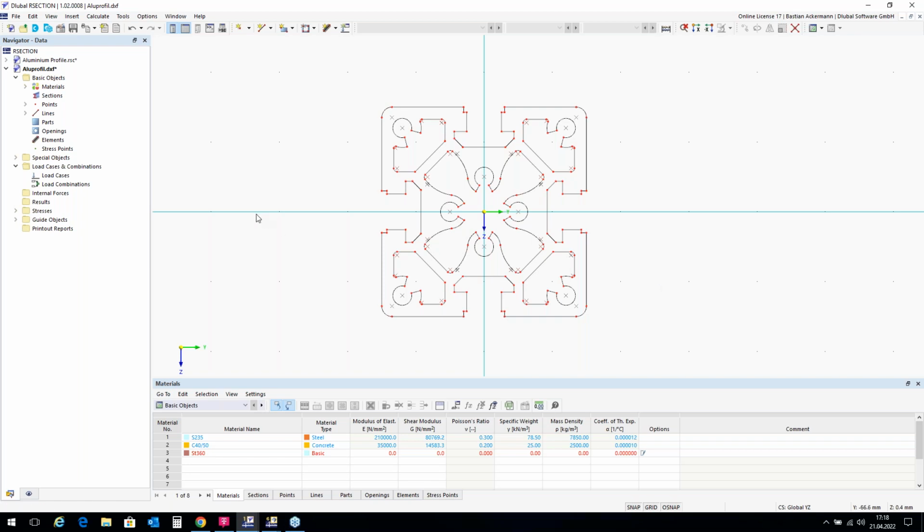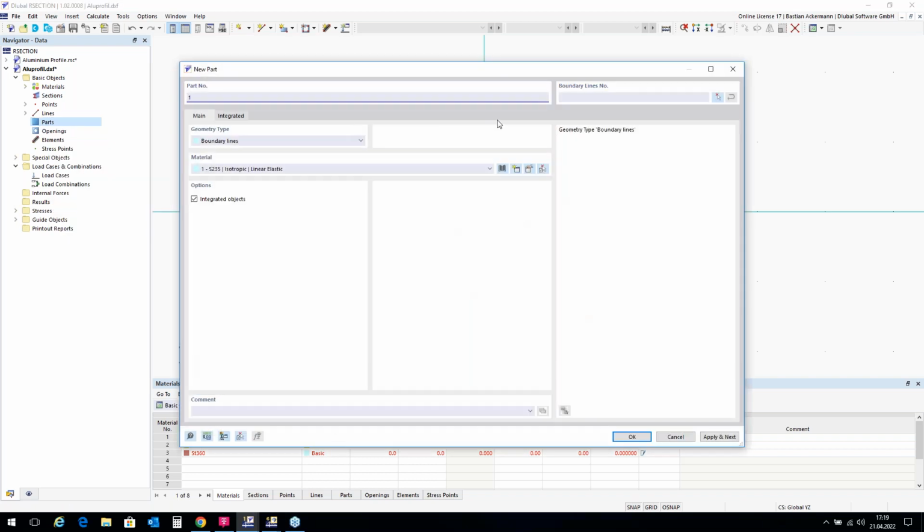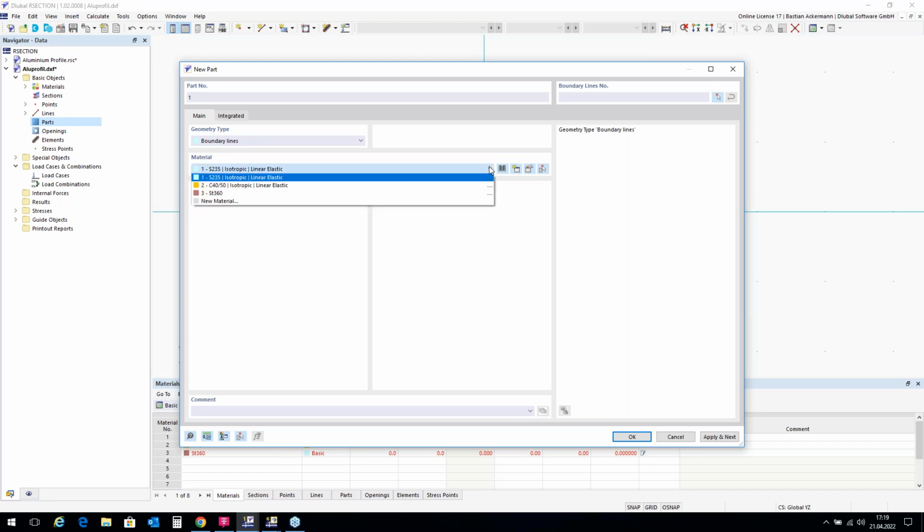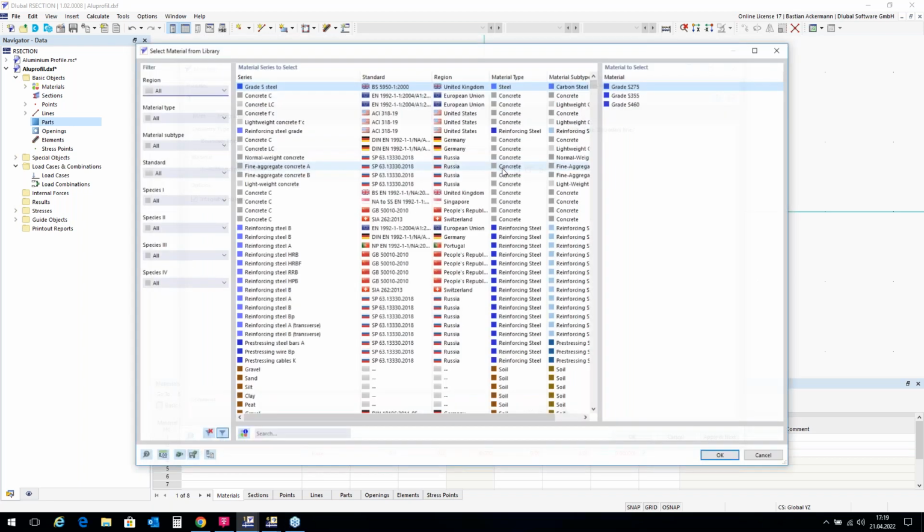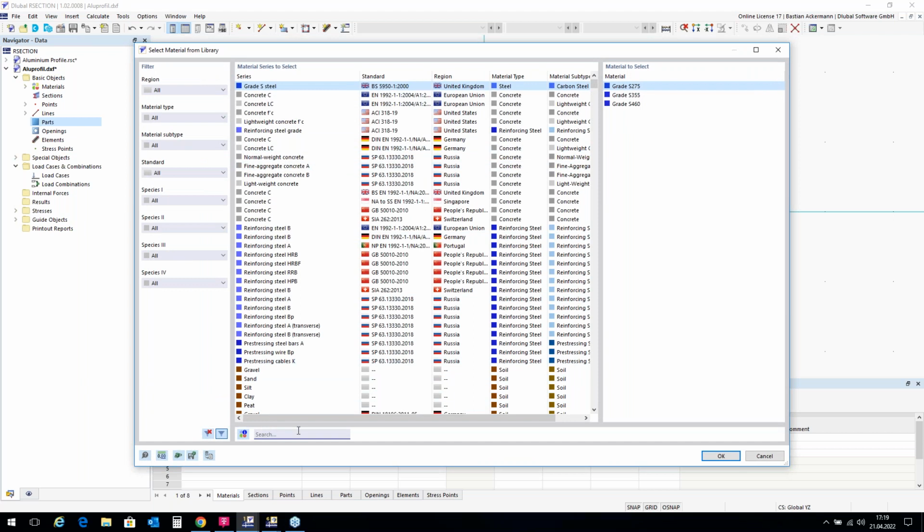So the first thing I do is click with the right mouse button on parts and define a new part over boundary lines. Now I'm in this dialog box, and of course I forgot to define the new material. It should be aluminium, as I said, so not steel and not concrete. I can also do this over here, in the dialog box new part, by the button import new material from material library. I know exactly which material I want, so I search for it in the bar down here,